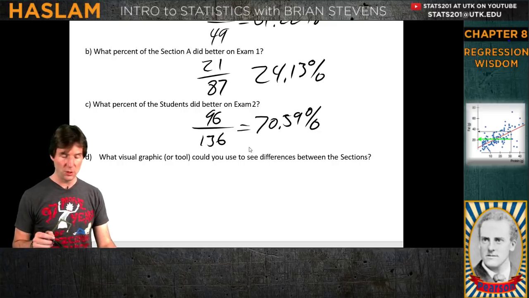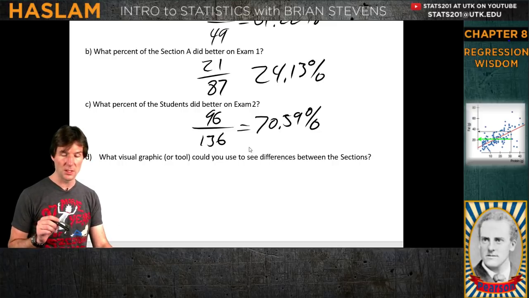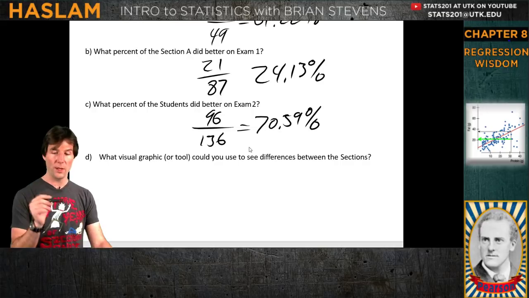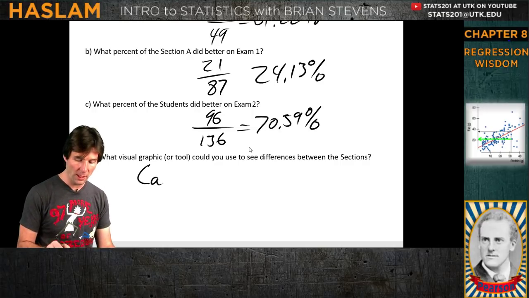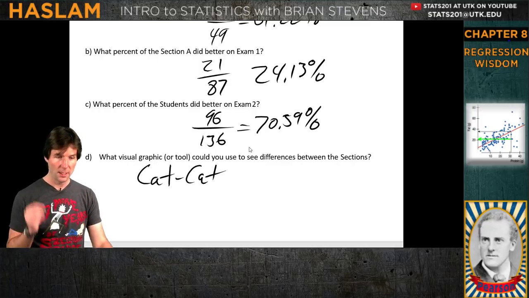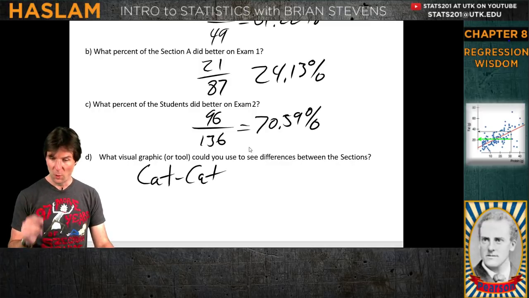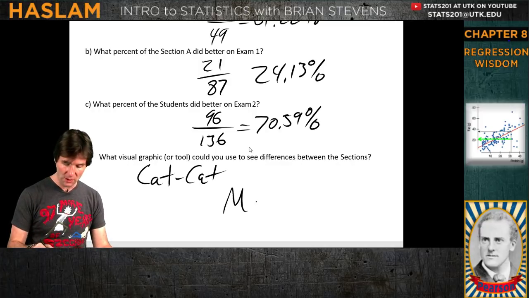But what graphic could you use to view this visually? Contingency tables go with what? It's a categorical display of data. It's a bivariate categorical display. You guys should know it. Mosaic plot, William, awesome answer.